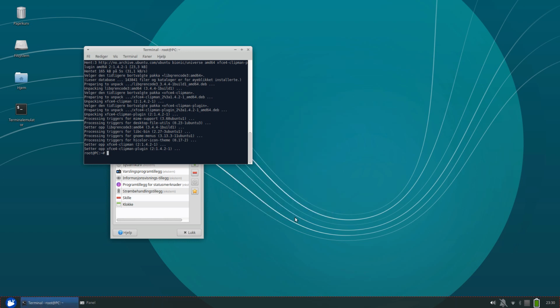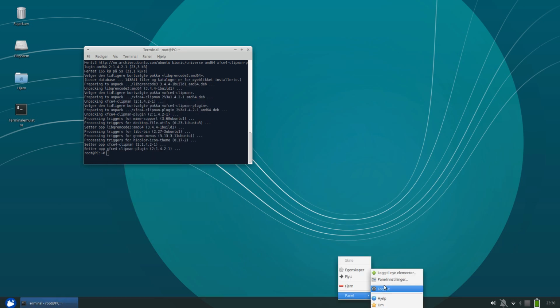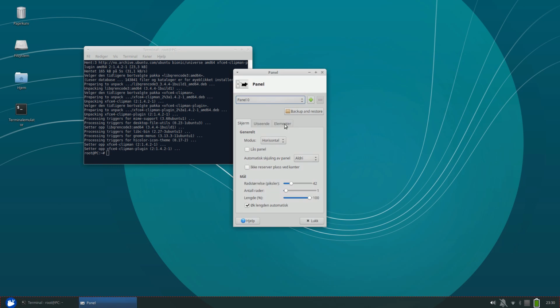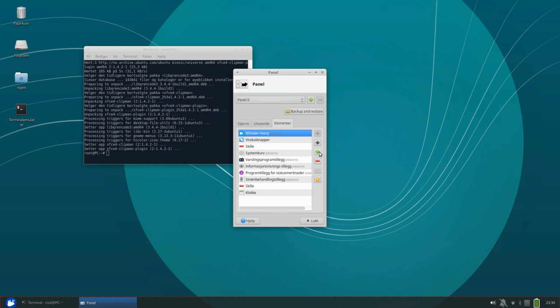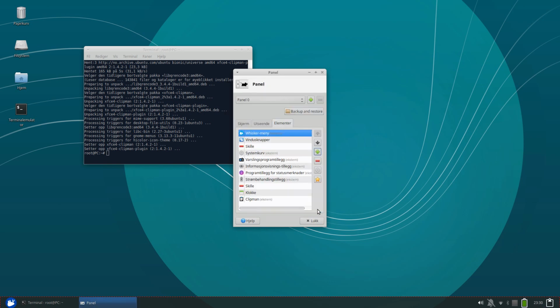Now it should be installed, and just in case I close this panel settings and open it again. Panel settings, elements, add. Now it's here. Clipman, add. Yeah, that's nice. I don't want it placed here, so I select it in the list and move it upwards, where I want it. Perhaps here or here or here or